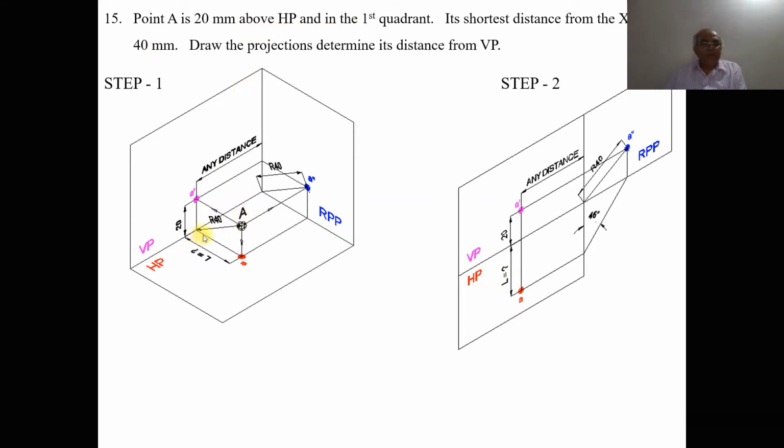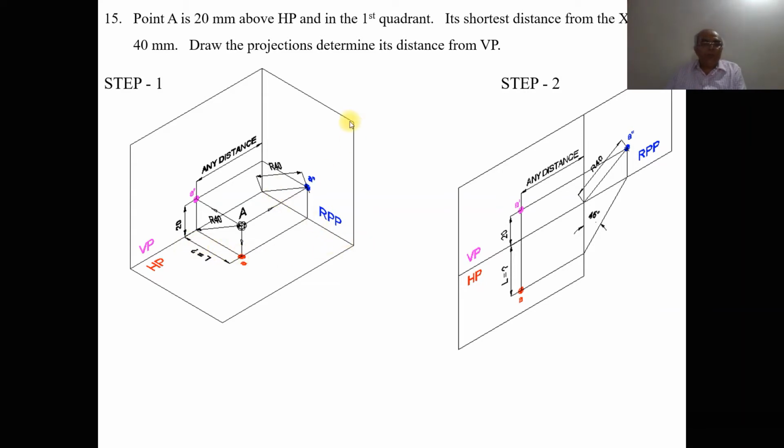When you look from the top view, this will be the distance you measure, and when you look from the front view, this will be the distance you measure. But he has given this distance, but he has not given this distance. When you look from the side view, we can see that this distance is 40. So when you look from the side view, we can see that image at a distance of 40 mm. And where you have the front view, on that line you will get the side view. And we have to determine what this distance is. That is the one which we need to find out.